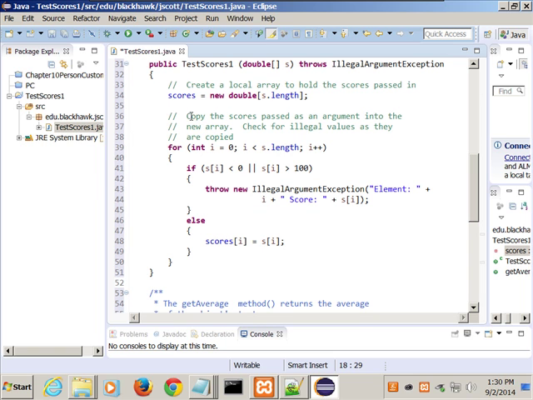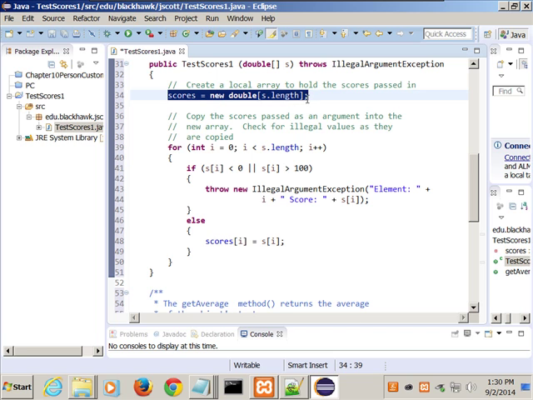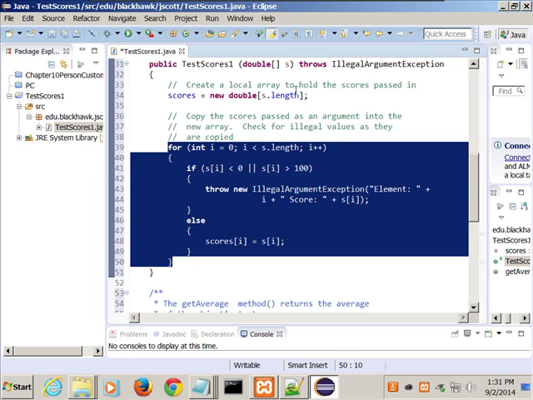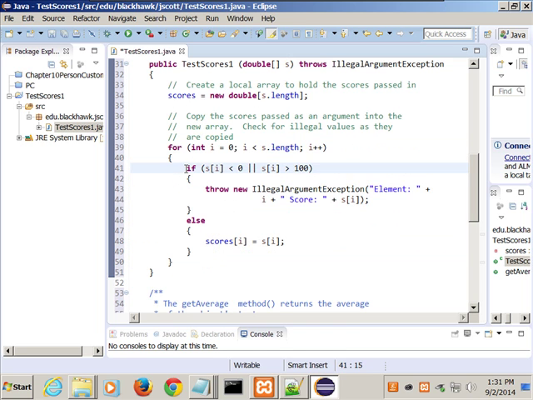So again, what we're going to end up doing in here is this, as it says, a local array that can hold at most every score that was passed in as S. Then what we're attempting to do here is to copy things from the array that we passed in to this new one that we just set up. But we have to check, because what we were told in the requirements is that the test score must be between 0 and 100. And I can tell you for a fact that one of the ones we're going to put in here when we write the demo program will be illegal, purposely.